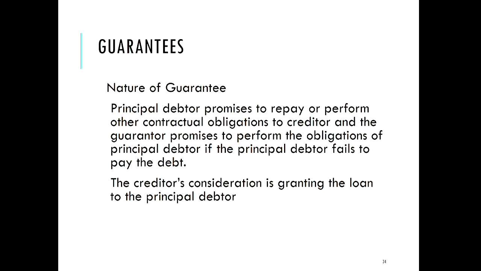So the debtor, the person taking out the loan, who's called the principal debtor, promises to repay or perform other contractual obligations to the creditor or the bank. And the guarantor promises to perform the obligations of the principal debtor if the principal debtor fails to pay the debt. So in the Amadio case,